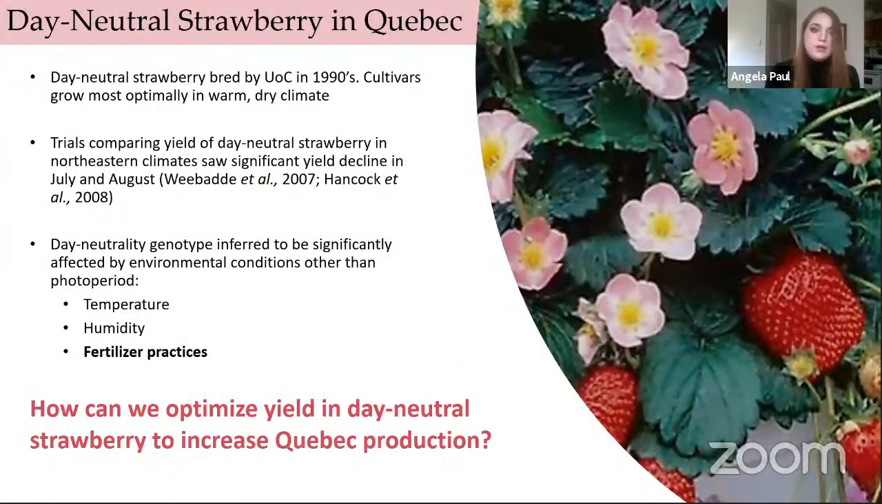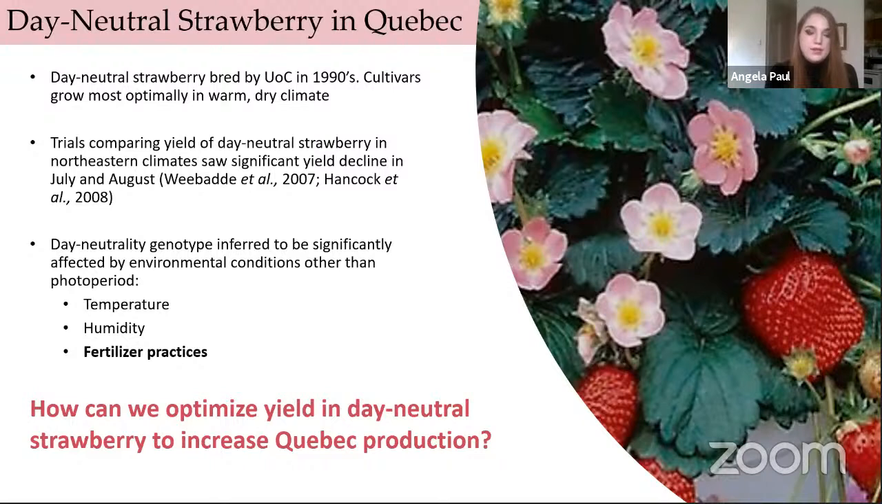So now to take a look at day neutral strawberry in Quebec. As I mentioned before, day neutral strawberry were first bred in California by the University of California in 1991. But because these cultivars were originally produced there, they grow most optimally in the climates seen in California, as well as Florida, in a warm, fairly dry climate. So since they were first produced on the market,